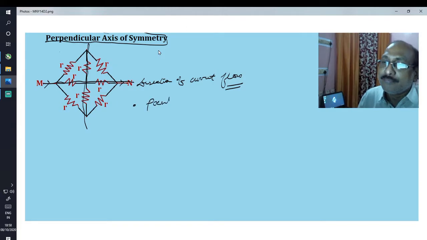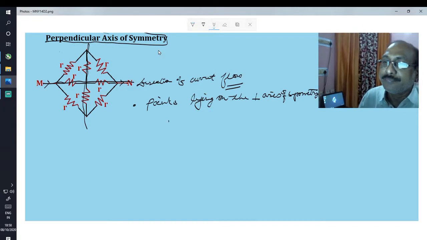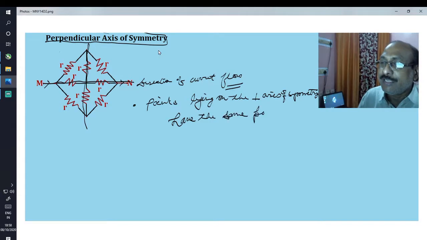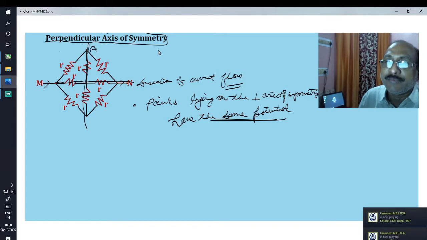As we have already described and discussed in our previous videos, points lying on the perpendicular axis of symmetry have the same potential. Now if we consider this is point A and this is point O and this is point B,